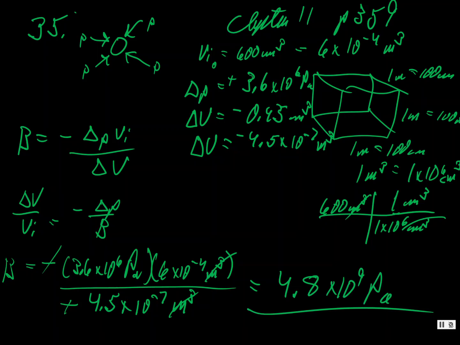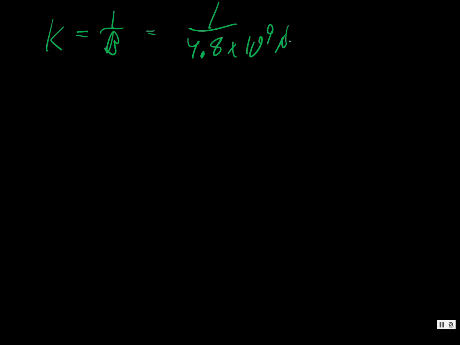All right, now how on God's earth do we do compressibility? Well, okay, y'all, it's the reciprocal of that. And so compressibility K is equal to 1 over the bulk modulus. Well, that's hard, isn't it? So we got 1 over 4.8 times 10 to the 9th Pa. And so the K value, the compressibility value, is